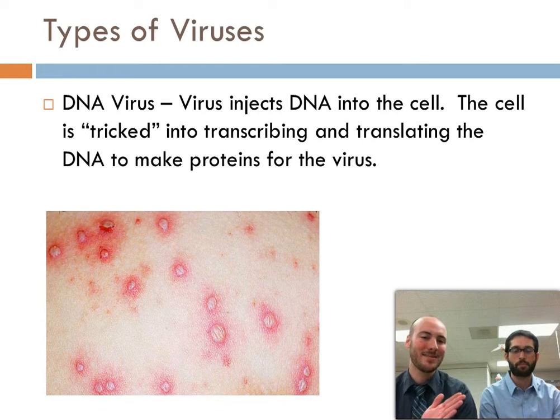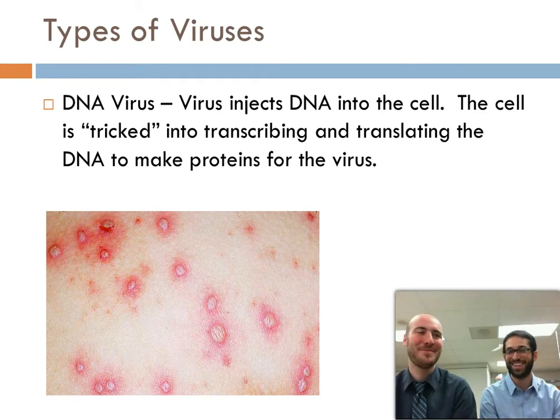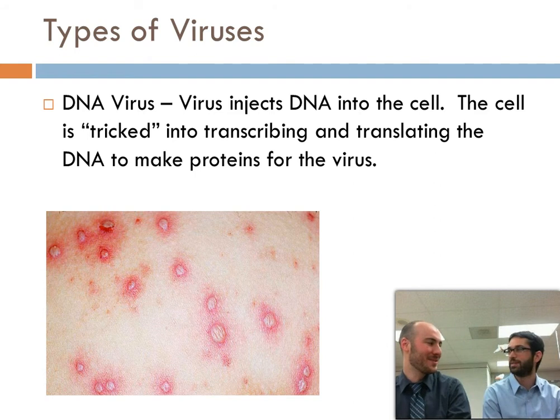Basically, what a virus does, it injects DNA into a cell, and it tricks that cell into making proteins for the virus. Do you remember what part was made of protein based on what I said before? The capsid. That's the outside, it surrounds the genetic material. Remind me again what's in the middle. Genetic material, like DNA or RNA.